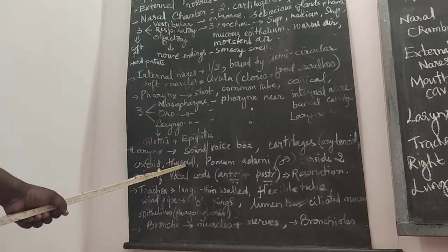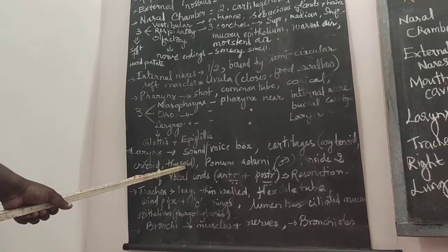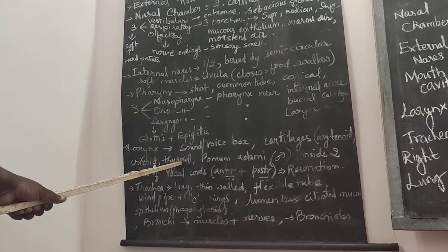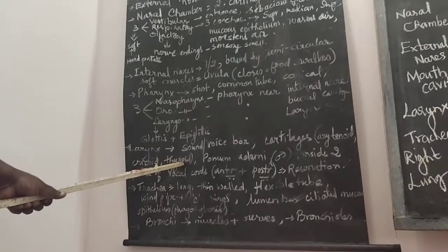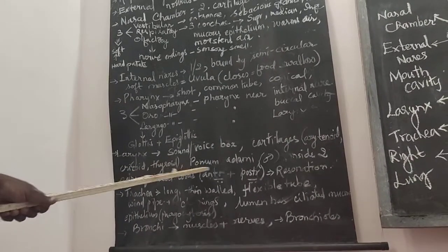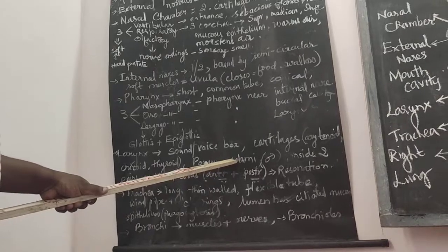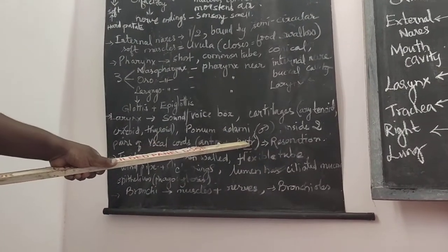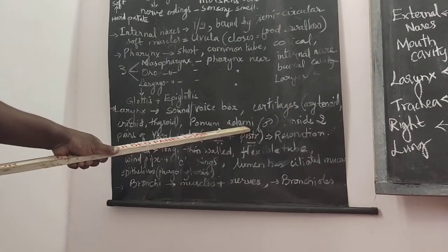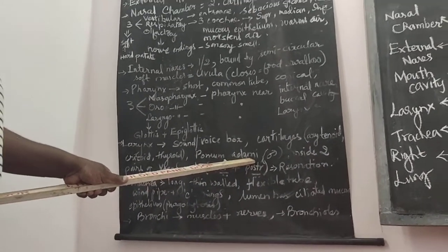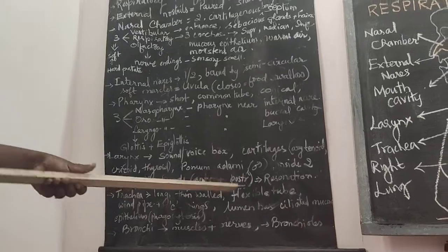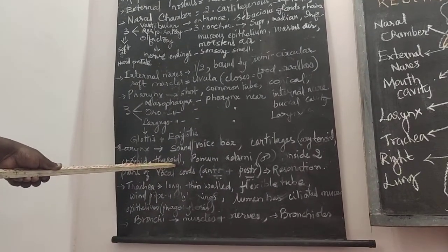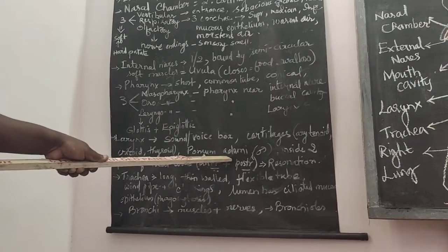In the thyroid cartilages of male organisms, we find extensions towards the ventral side to form the extension of thyroid cartilage called pomum adami, commonly called Adam's apple. So Adam's apple in the male is formed at the larynx region due to the thyroid cartilage, which shows its fusion towards the ventral location.